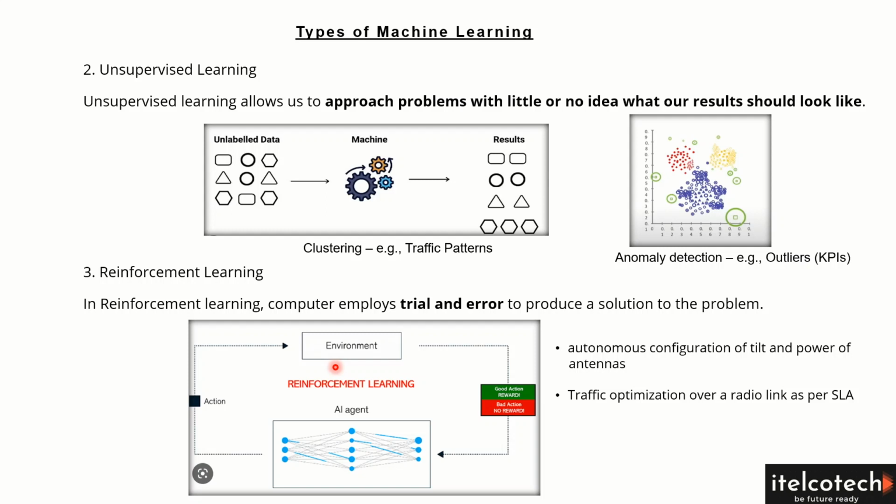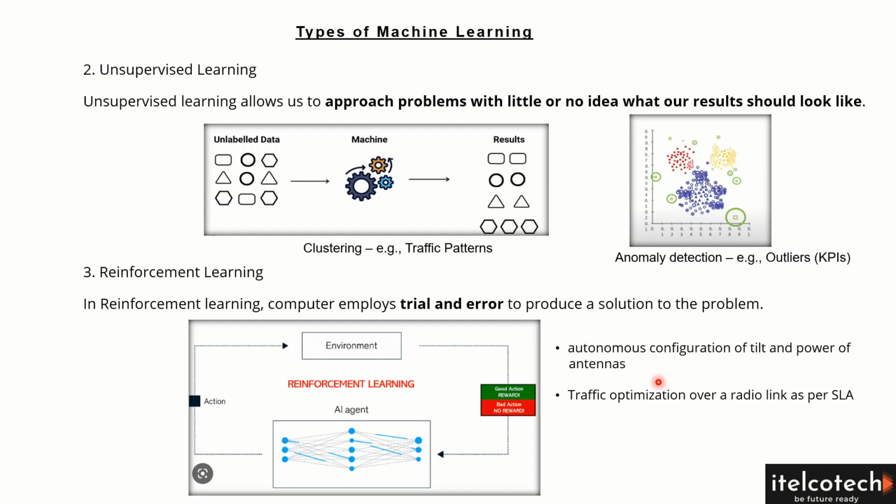It will keep doing trial and error on that data, and every time data is fed into the system, will it give that outcome? Say we want to reduce the interference in the network, and when this model fetches the different input variables from the network, is it helping to tweak the parameters in the network to reduce the interference or not? We have different examples: in the network, using reinforcement learning, some parameters within the antenna, advanced antenna techniques, will get tweaked as per the requirement to reduce the interference in the network.